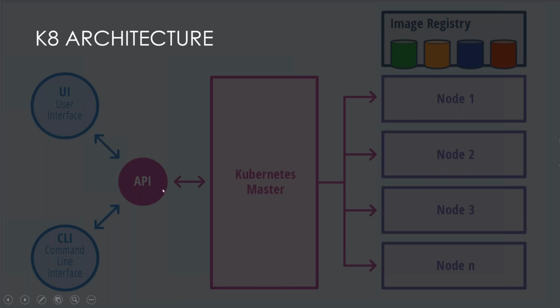For example, you want your application to run in 3 different nodes. So you just specify, I have my application, run this application in 3 different nodes. You publish that configuration to the master. The master will take care of pushing that application to these 3 nodes. If node 1 goes down, then your application is still accessible.